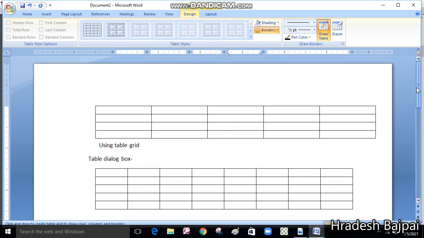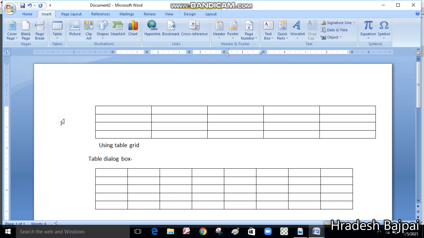Suppose I'm writing in this column, but before that I have to click on the cell where you want to write. Just click there. You can see the cursor is blinking here.